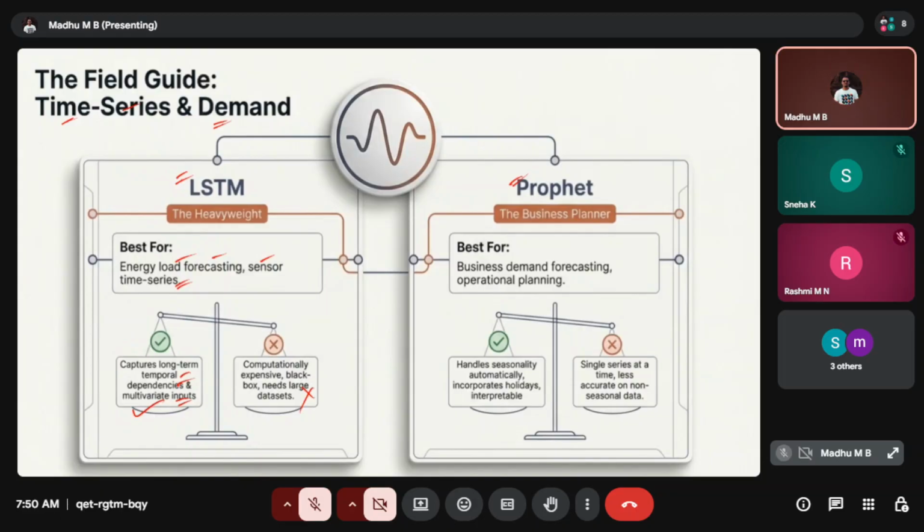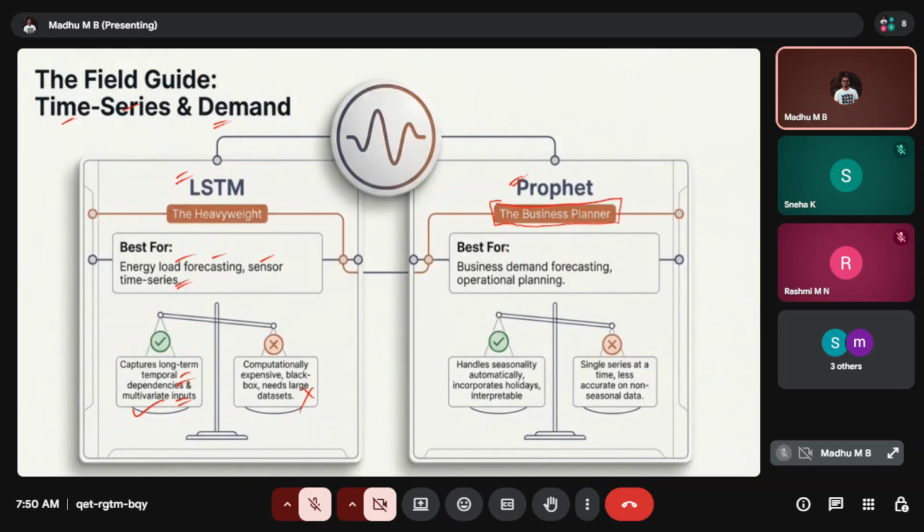So it always expects us to provide larger data sets. If the data is smaller, it may not be the right model to choose. And the next one is Prophet. This is a very suitable machine learning model for business partners.